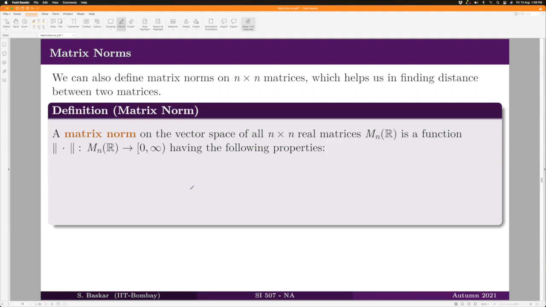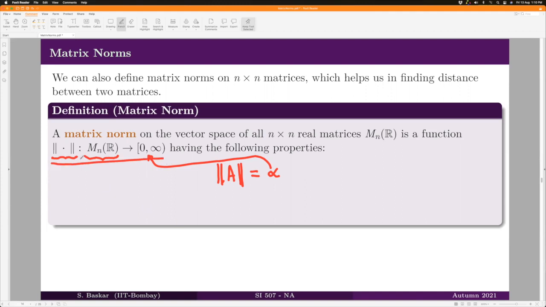The idea behind matrix norm is exactly the same as what we did in the vector norm. We have a function denoted by this symbol, the same as the symbol used in the vector norm. Now it is defined on the set of all n cross n matrices with elements as real numbers. So you give any matrix A to this norm function. It has some formula, and that formula returns you some real number, say alpha, and that alpha is a non-negative real number, right? So that is what this notation means.